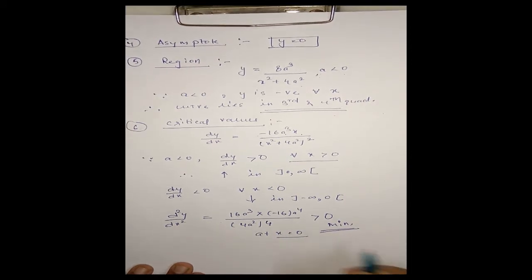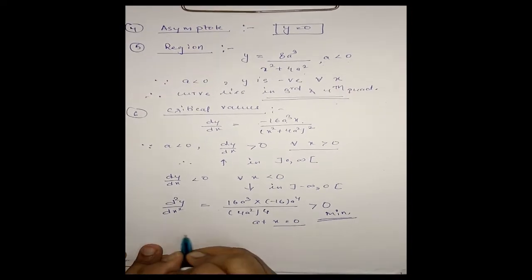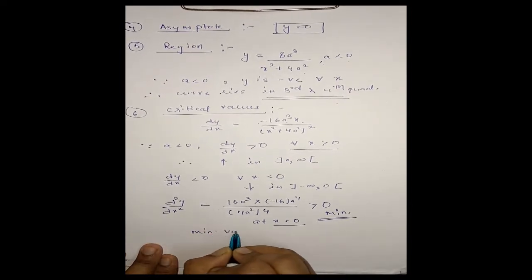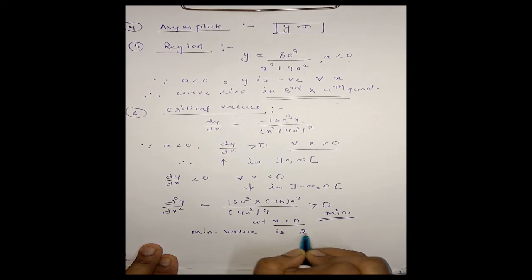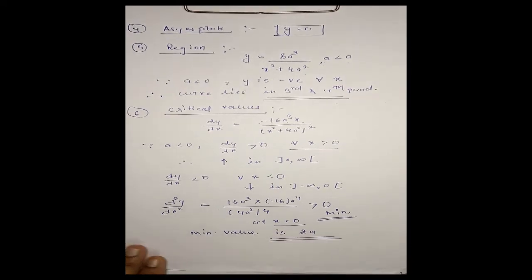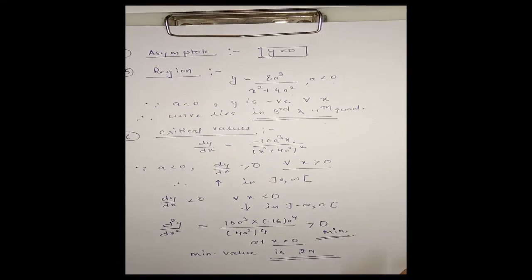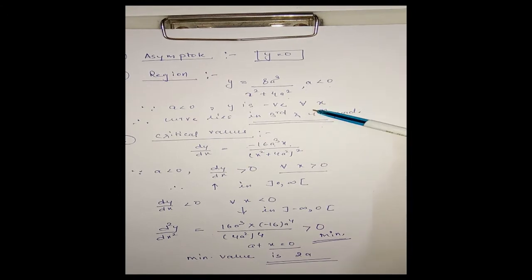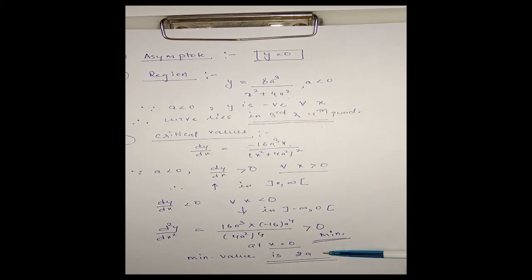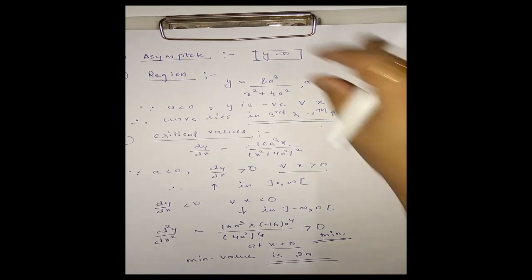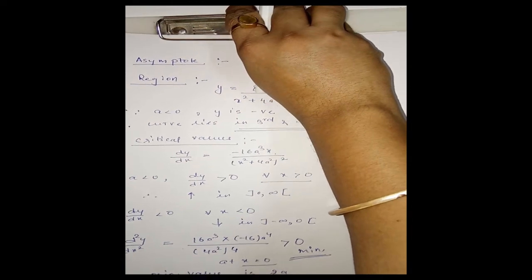And the minimum value here is 2a. Okay, so there is a difference in the region and in the critical values when a is less than 0 from the previous example when a was positive. Okay, now the graph of this curve will be of the form,